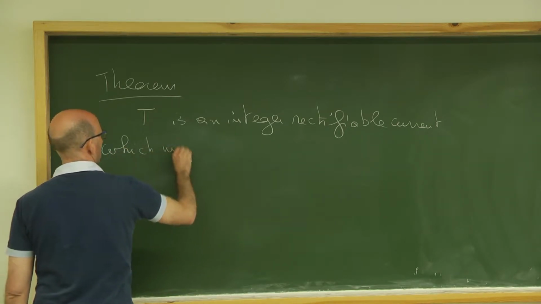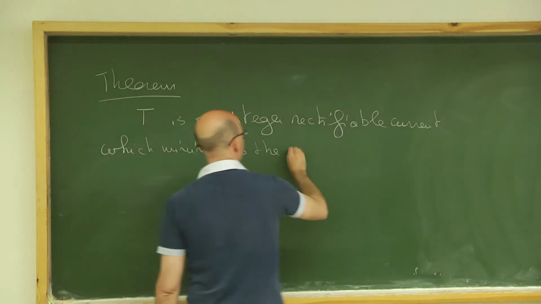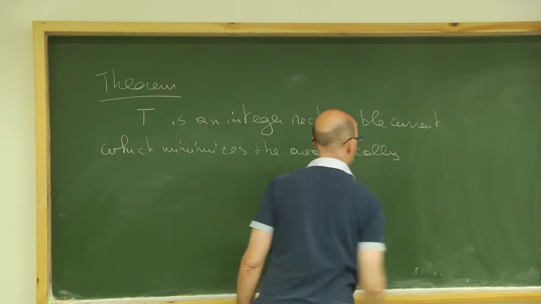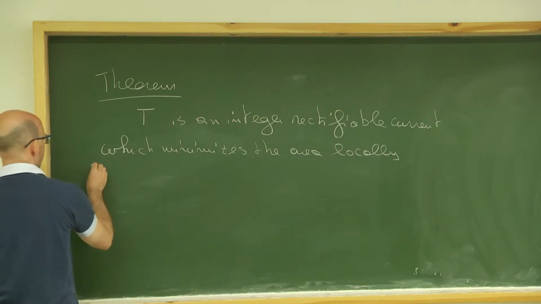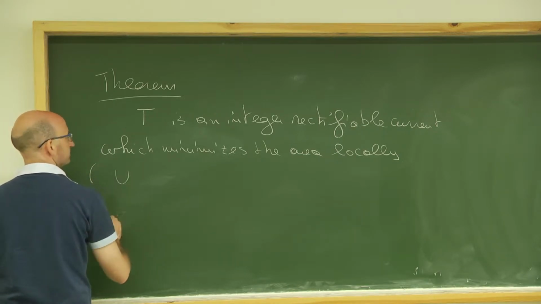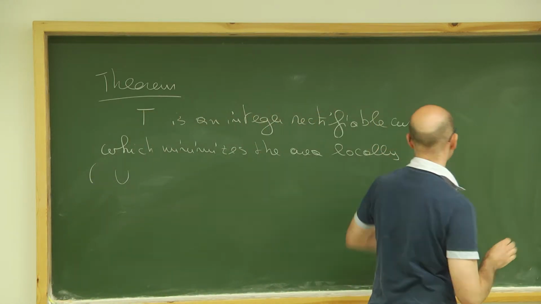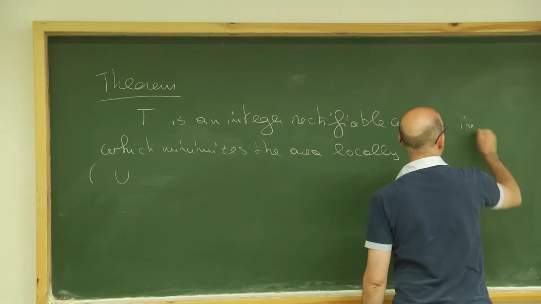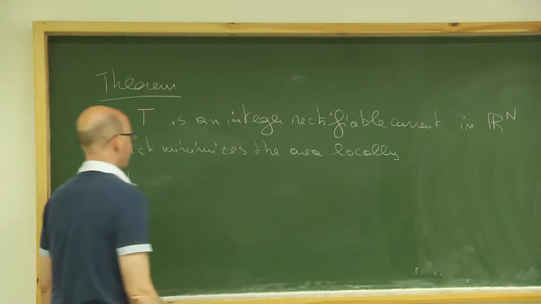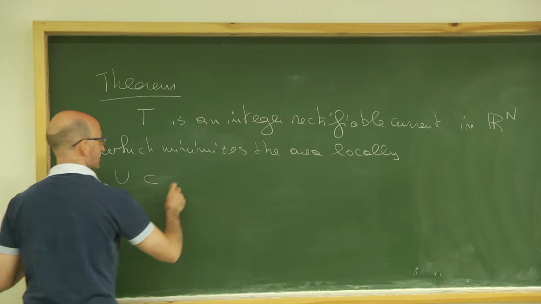Which minimizes the area locally. Now, what does it mean that it minimizes the area locally? It just means the following. If I take an open set U, let's say we are actually in the Euclidean space, although you can do it in a Riemannian manifold, but for the sake of simplicity, let us focus on the Euclidean case. Minimizing the area locally means that if U is an open set which is inside